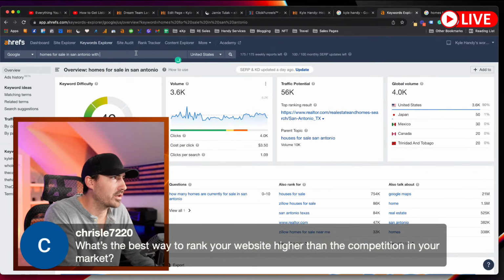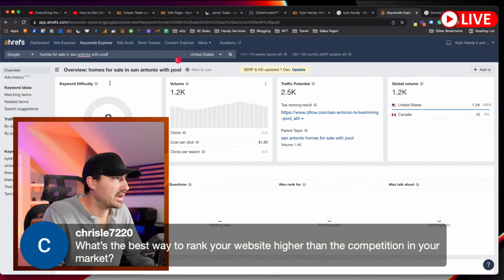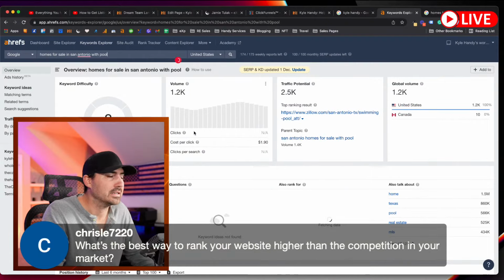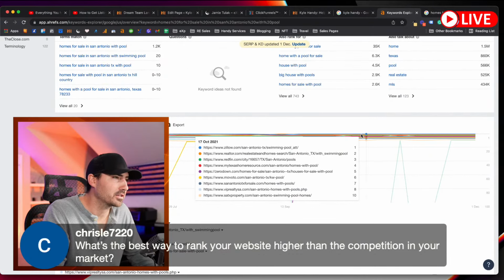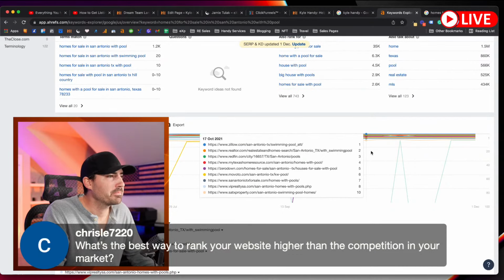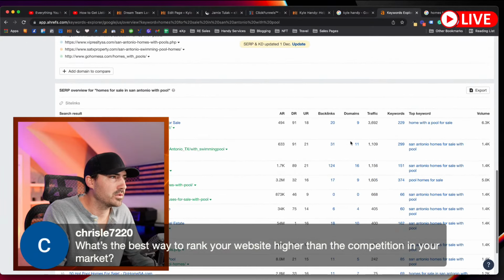So then I saw one on there that said with a pool. Let's check that out. There it goes: homes for sale in San Antonio with a pool. This one's 8, easy, right? So you could create a blog post. You still want to create a good blog post. 8 doesn't mean that it's a freebie, like you're just going to put something up there and it's going to happen. But it definitely means that if you come in here, you can see that even on the first